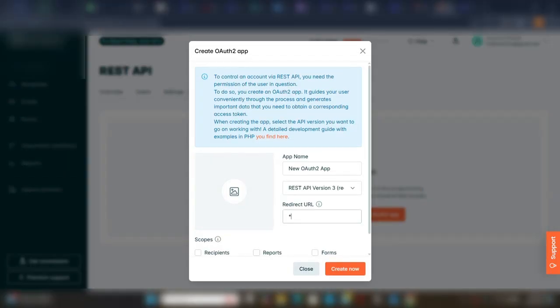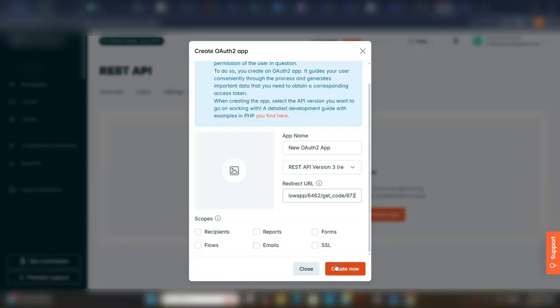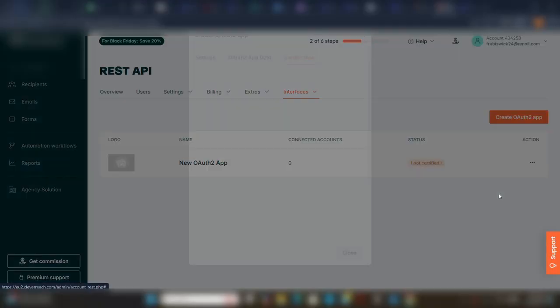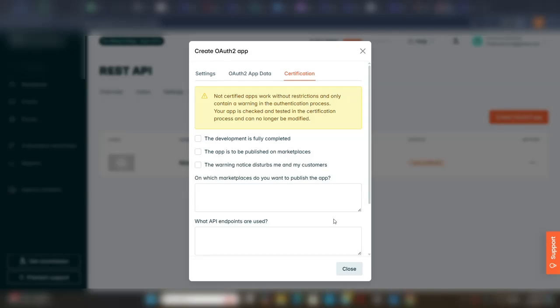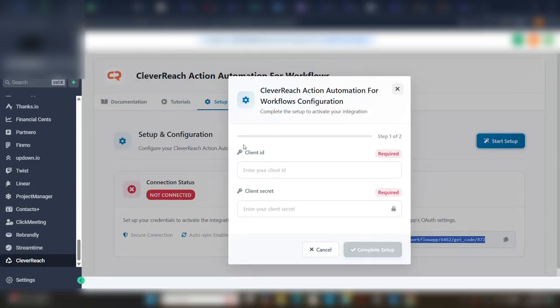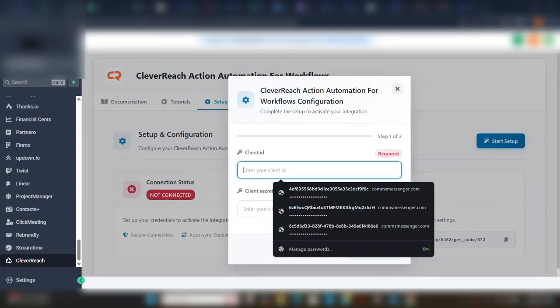Next, paste the redirect URL that we copied above and select your scopes. Then click Create. Next, click on these icons and click on Certify. When that's done, click on Auth and you can copy the client's ID,